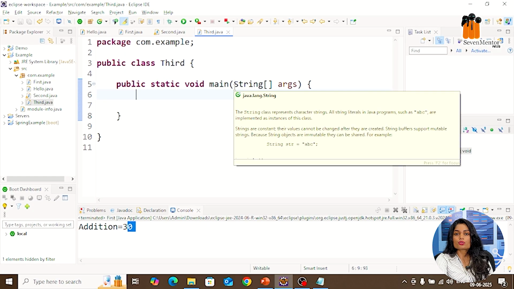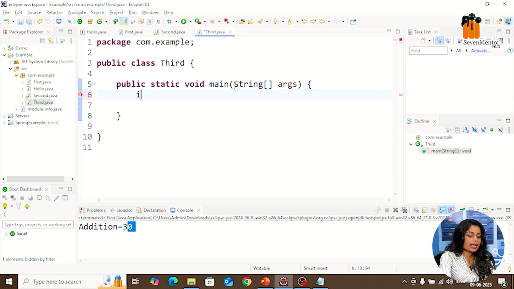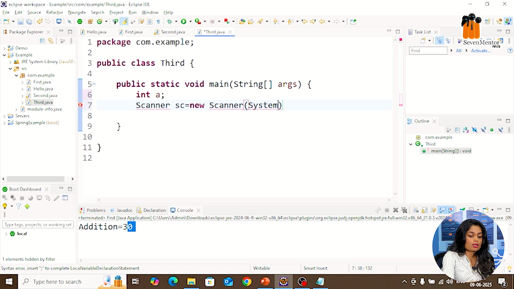So now I want to check the given value is positive or not. What I am saying, positive or not. So in that case we need only if statement. So I am using int a as my variable. Here I have to take an input from user, so I am not going to initialize any value here. So again Scanner sc equals new Scanner, again System.in. So like that you can take an input.